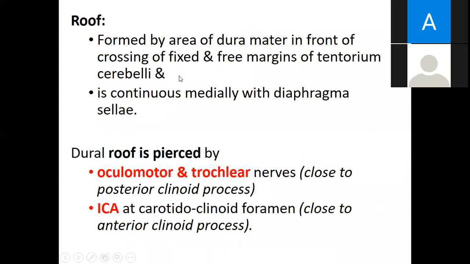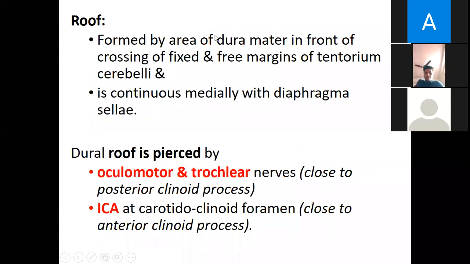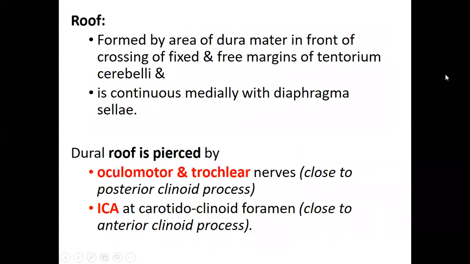Now, the roof of the cavernous sinus is formed by the area of dura mater in front of the crossing of the fixed and free margins of the tentorium cerebelli. This roof is continuous medially with the diaphragma sellae. The dural roof is pierced by the third and fourth cranial nerves close to the posterior clinoid process,